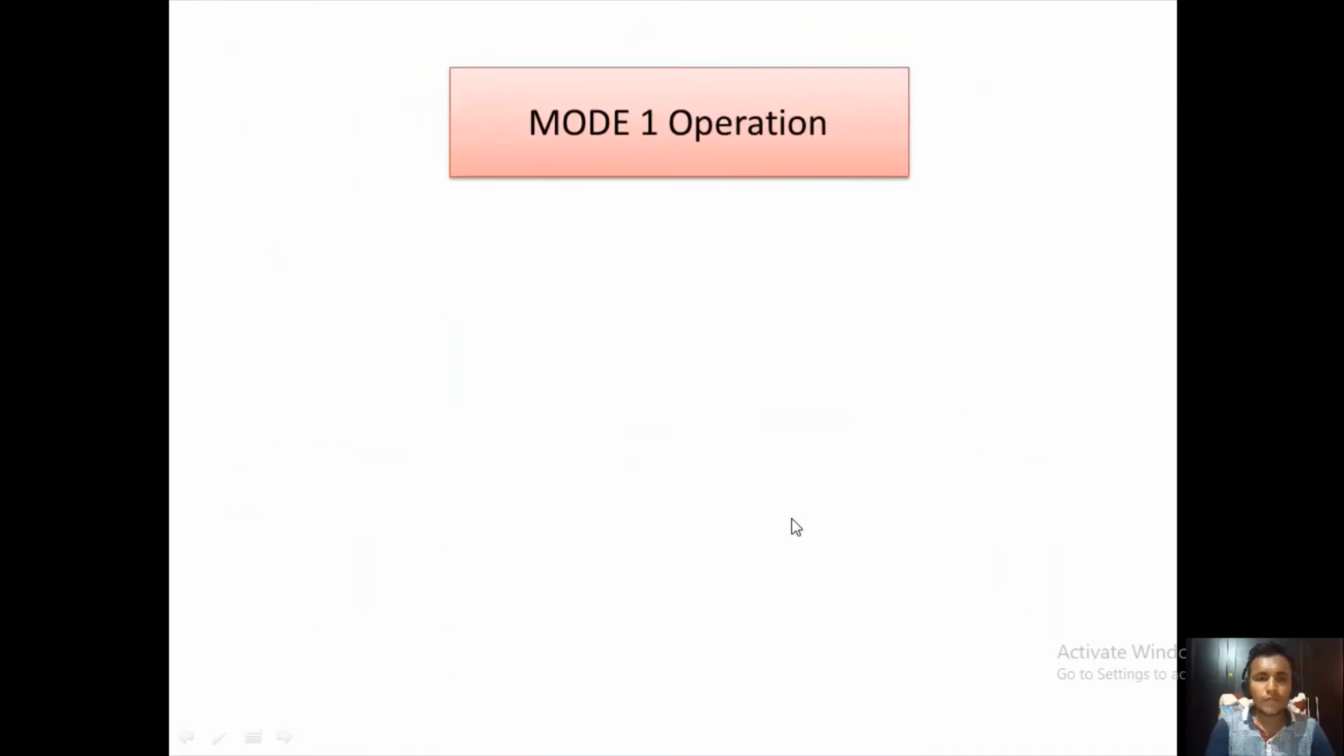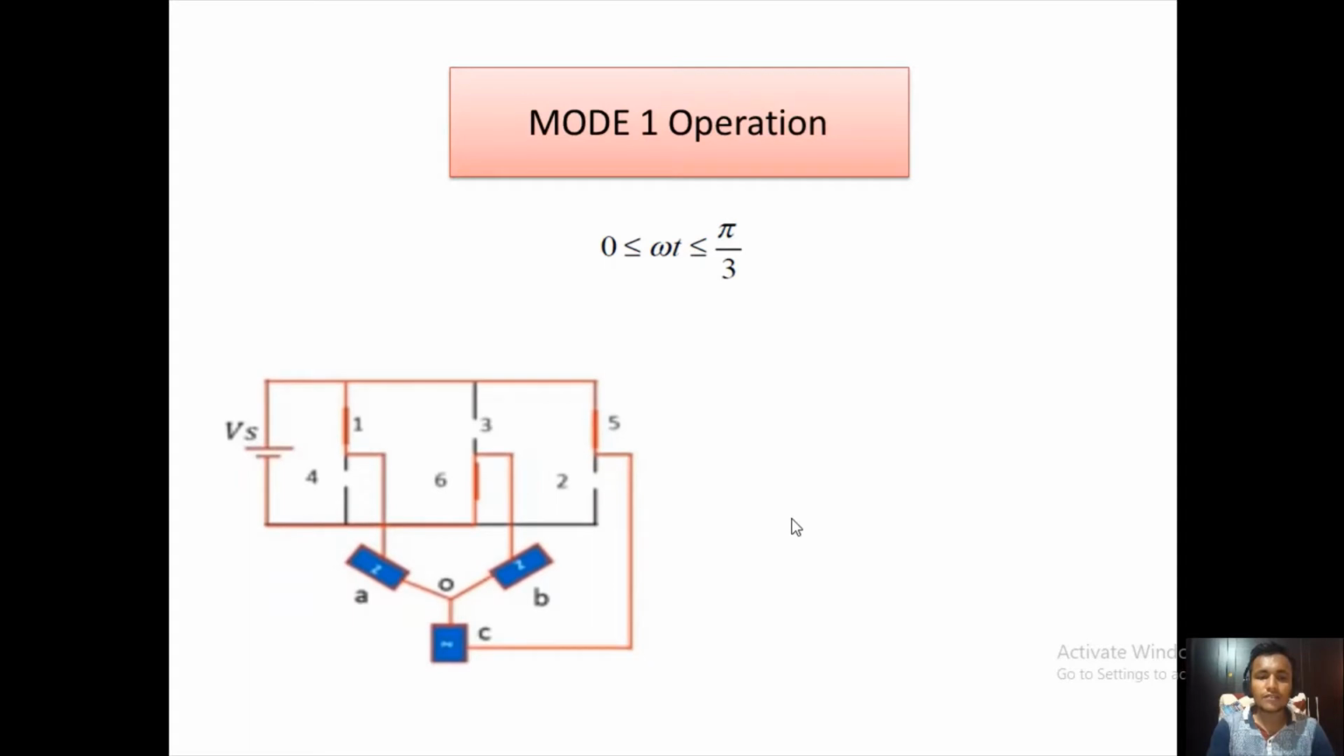In this mode, that is 0 to pi by 3, that means 0 to 60-degree mode of conduction, the thyristors Q1, Q5 and Q6 are on, so we have to close this circuit. Here 1, 5 and 6. We know that in this mode thyristor 1, thyristor 5 and thyristor 6 are on, so we have closed